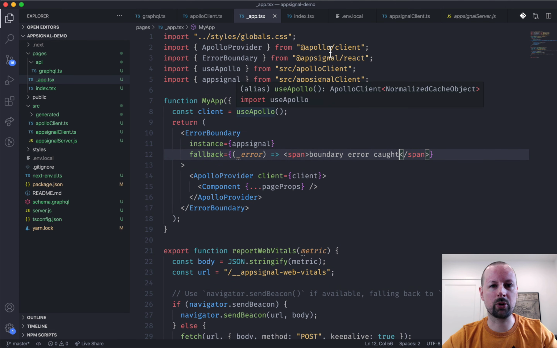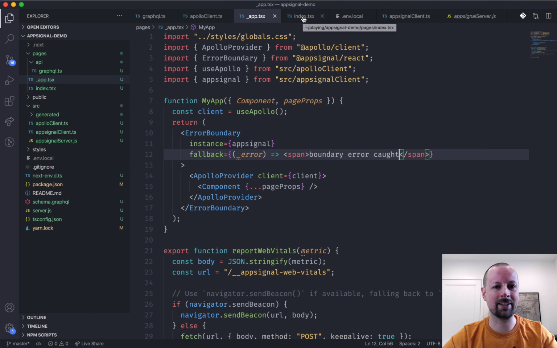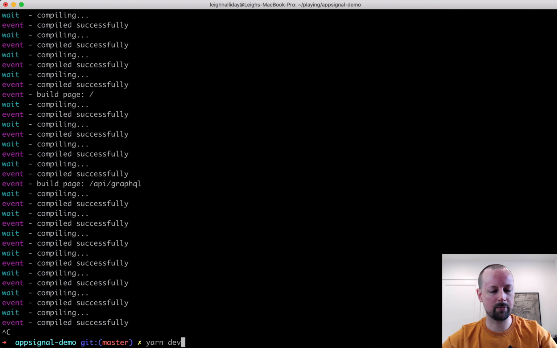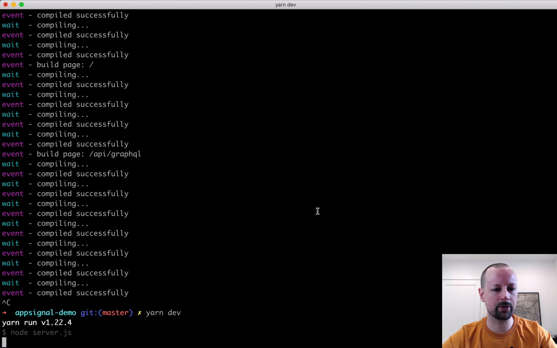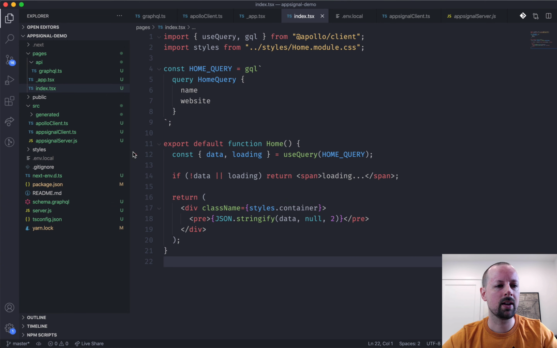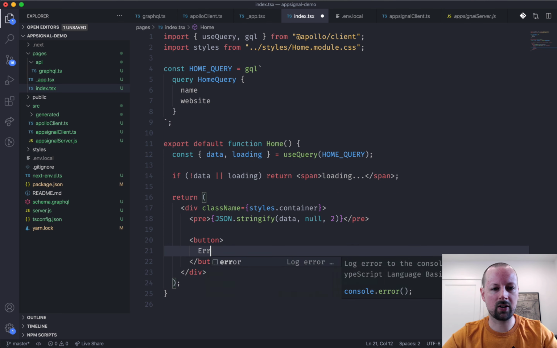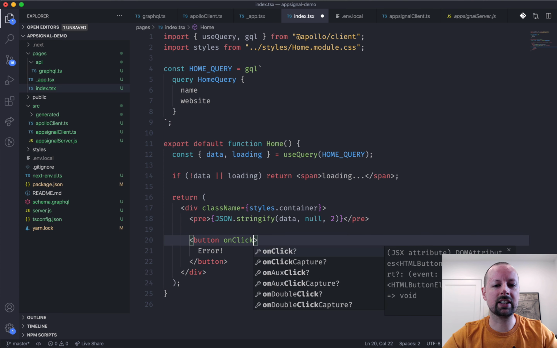So why don't we go produce a couple errors so that we can start to see that coming in. I'm going to restart the app because I changed the environment variables. So that will do its thing. And we need to create a bug. So why don't we add a button, error, and on click, what we'll do